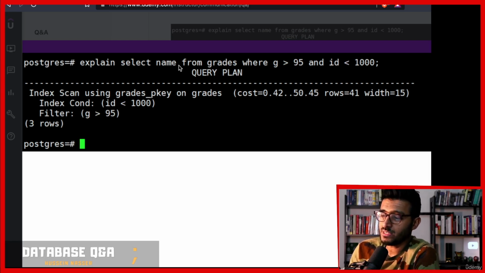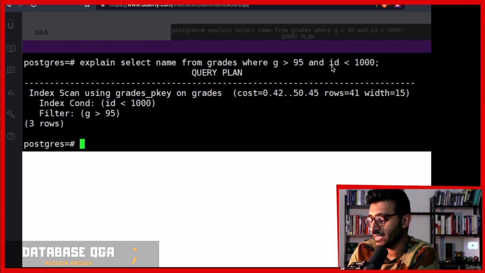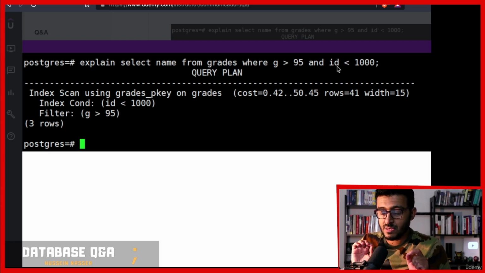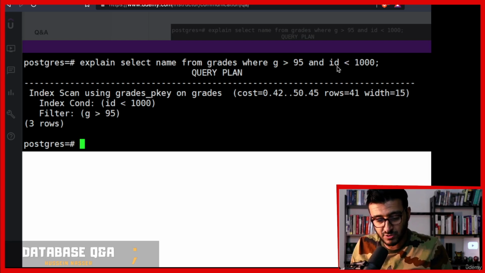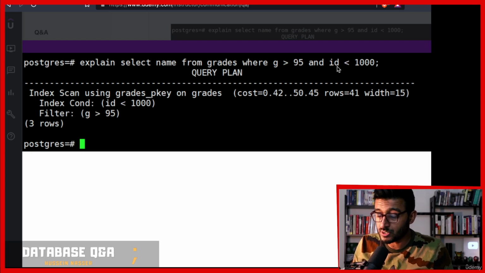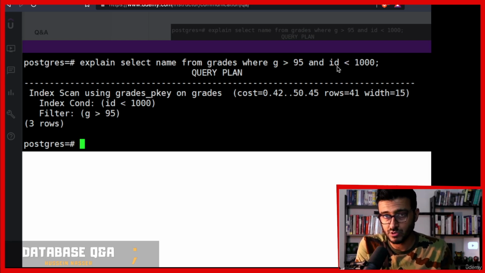So what is a bitmap index scan? I already explained it, but it doesn't hurt to explain it again. A bitmap index scan is a technique, I think especially in Postgres, but I think other databases implement it, where if there are multiple indexes, the database will scan the first index, but not to get the actual rows from the index that satisfy a particular query. No, it finds the pages that might have those results, right? So